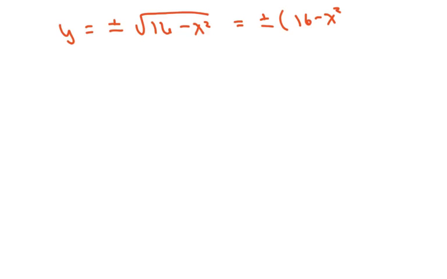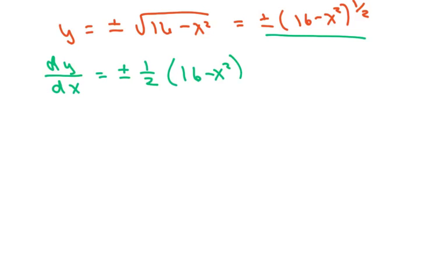Alright, now what we want to do is differentiate explicitly. So we have the derivative of y with respect to x, and let's go ahead and write the function down first. So we have that y was plus or minus the square root of 16 minus x squared, which is the same as plus or minus 16 minus x squared to the 1/2 power. Alright, so I'm going to differentiate y,